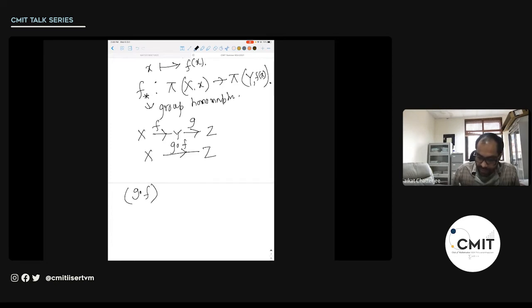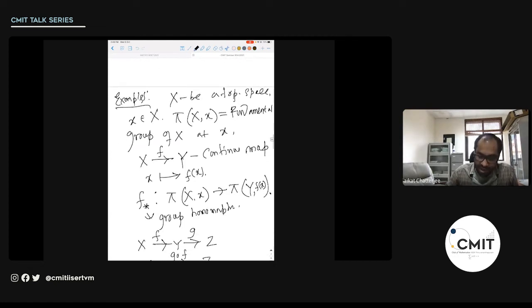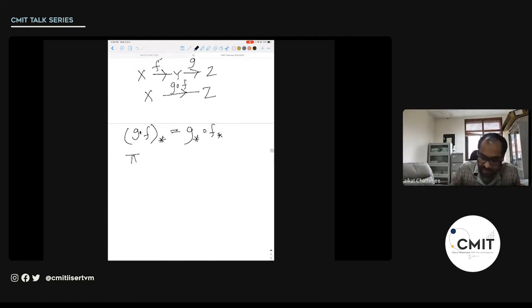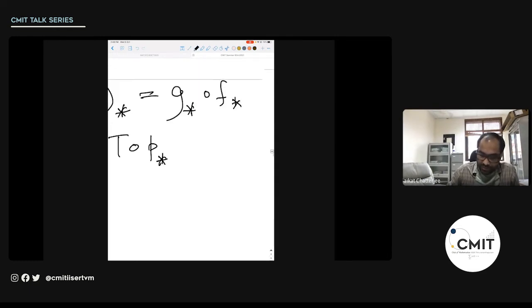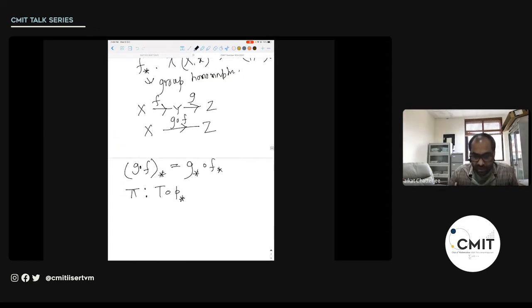nice property that if you compute the induced homomorphism of this composed map, they will be given by this relation. So now basically I can view this pi as a functor from the category of topological, sorry, not the category of topological spaces, but the category of pointed topological spaces. You know what is a pointed topological space, right? You just fix a point and the arrows are basically continuous maps which preserve these points, in the sense that,